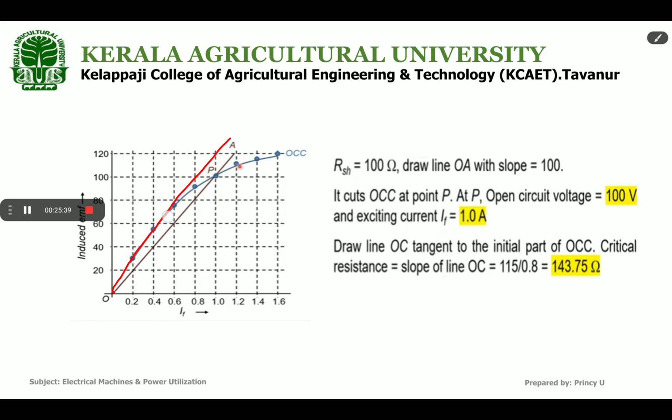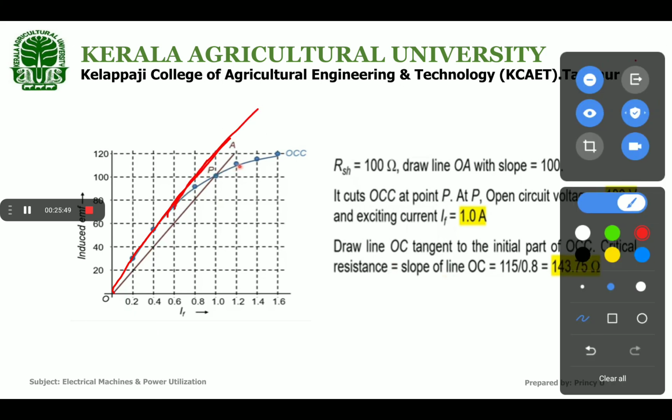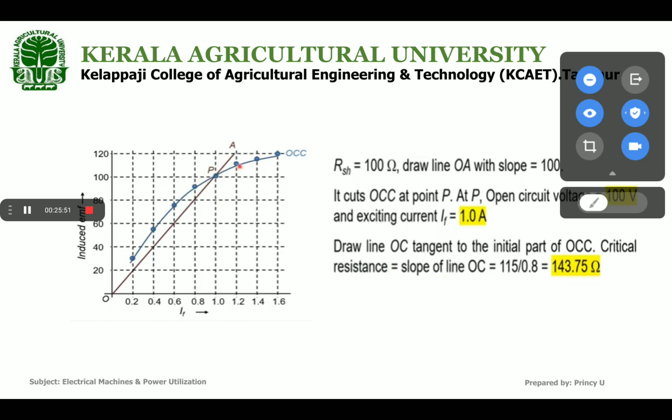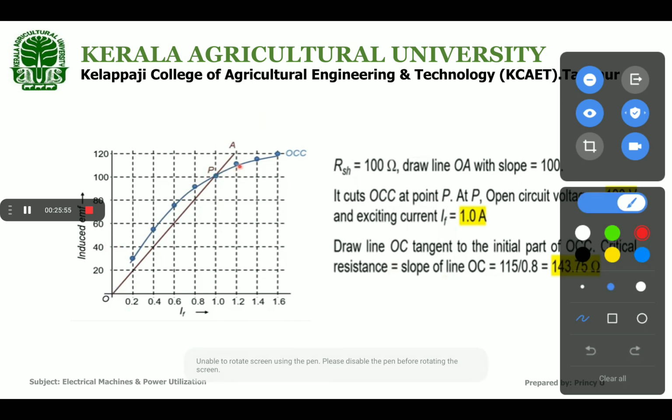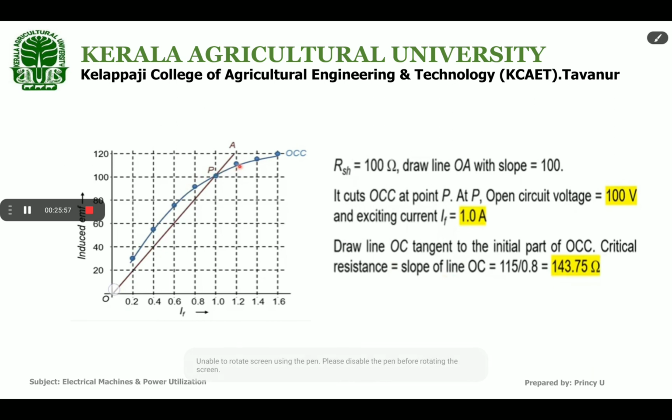Okay, it's not correct. Just ഇങ്ങനെ വരയ്ക്കാം, ഒരു ടച്ച് ചെയ്തൊരു ലൈൻ വരയ്ക്കാം. It will not cut the OCC from this point origin. You should draw a tangent through this line. Okay,